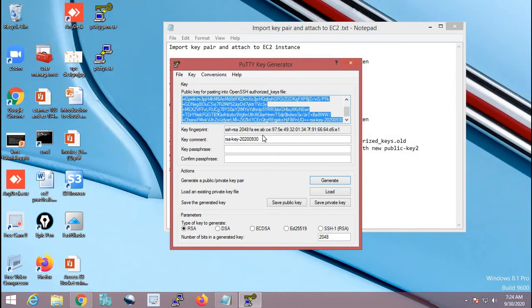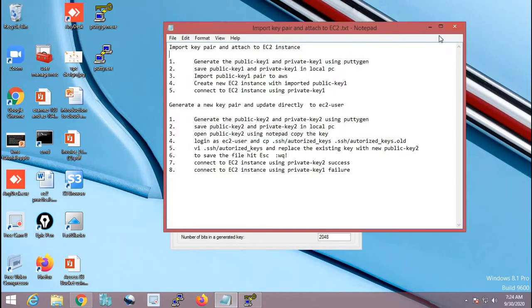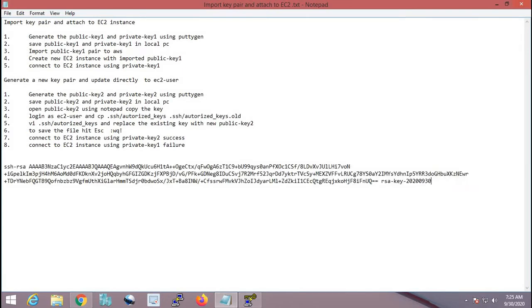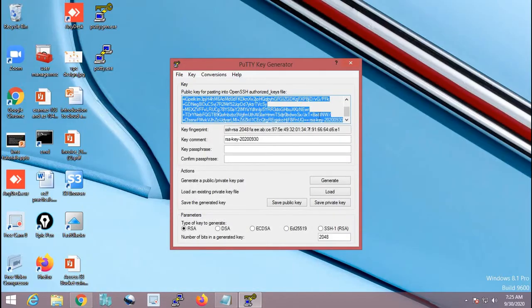Once the key is generated, then what we have to do is we have to go to Notepad and we can save that key. Okay, let me save in the same Notepad. Let me say Control V. Yeah, the key is saved, and this is actually the key which is generated. It's called as a public key. We can also save the key by using these two buttons.